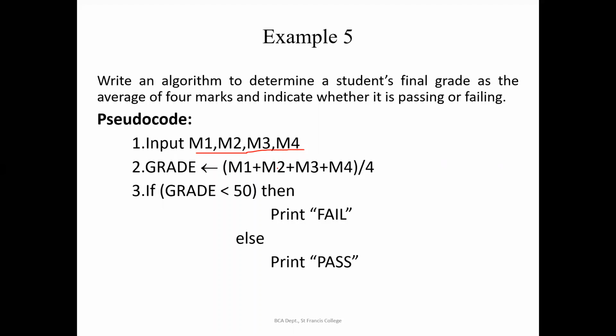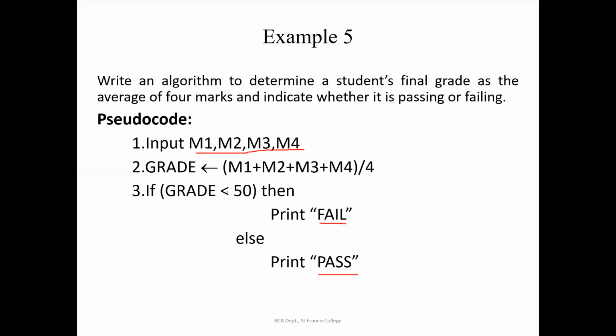And what is our output? Output will be either printing, that is, the grade will be printed, right? Either fail or pass. If the average is less than 50, that means the student is not getting even 50%. Average marks is not even 50, then the student has failed. If it is greater than 50, we are making it as pass. Got it? So equal to 50, we are not checking.